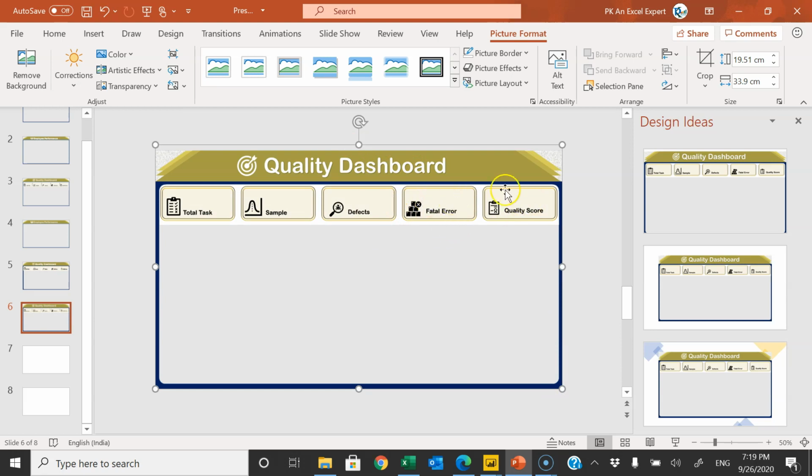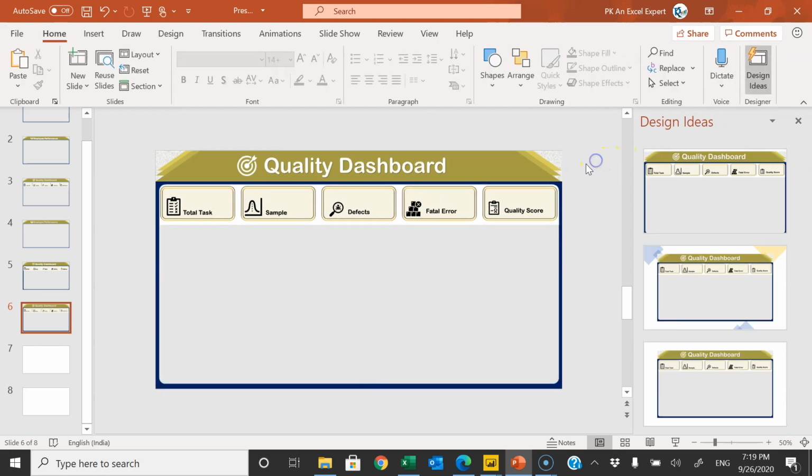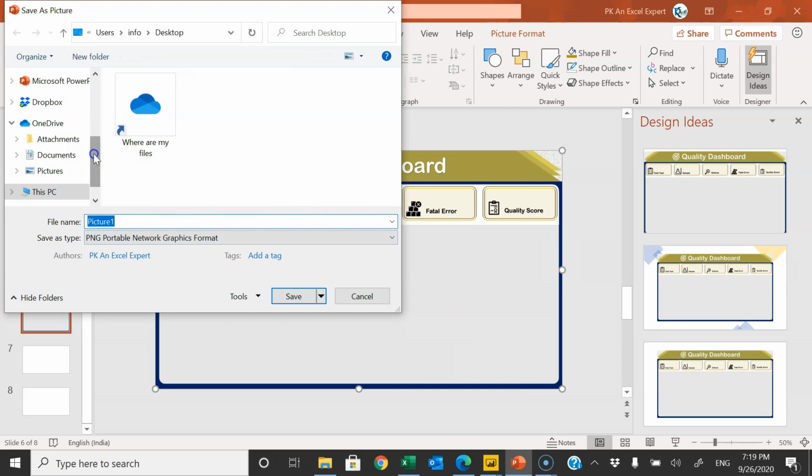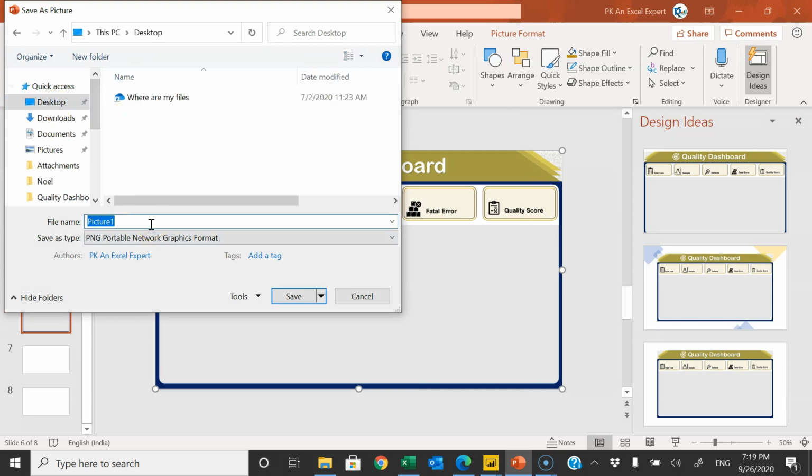So select the picture and then go to the crop. From the top we will crop it slightly like this and now we will save it as a picture. Right click, save as picture. Let's save it on the desktop and we will save it as, let's say, background 1.